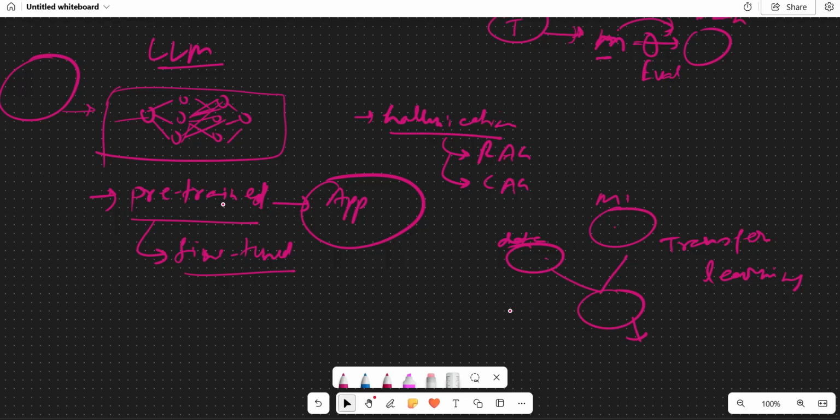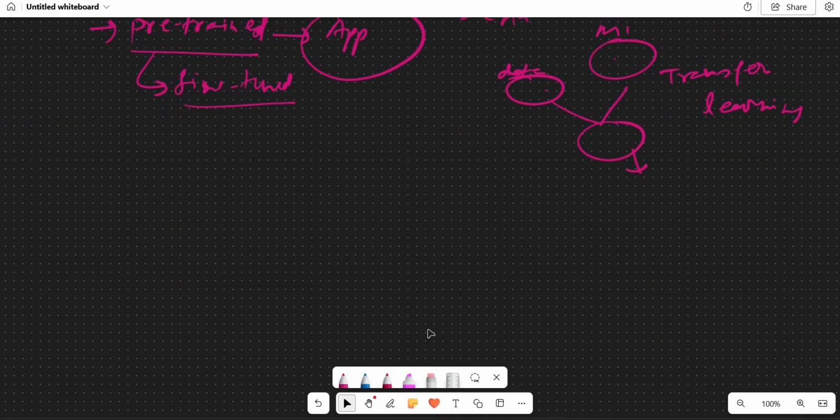Other use cases, once a model is trained and we are using the application, we need to evaluate whether it is serving the purpose it is built for, or how we evaluate the performance. Because of being probabilistic in nature and it's very hard to predict every time, we need to have certain evals. Now in the evaluation, if you see what is required, a data,